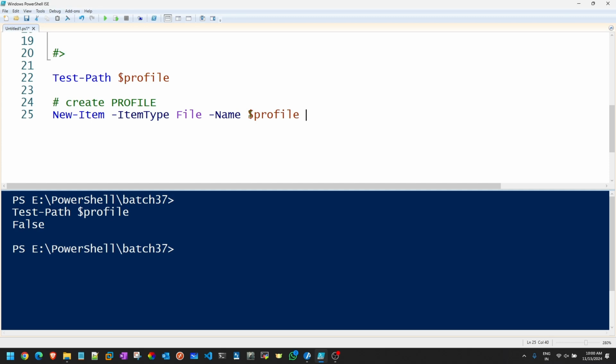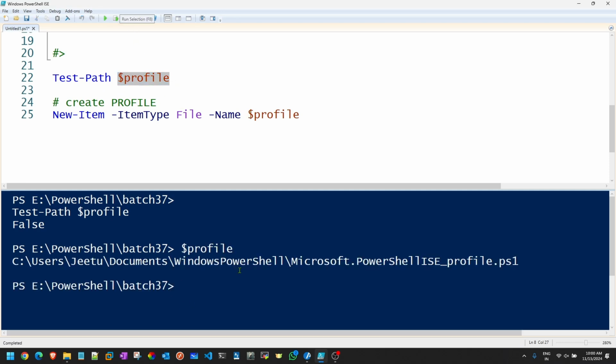But right now, if I do this, it will give me an error. For you, possibly it might give an error. Why? Look at the path. Check inside Documents. Do you have a folder called WindowsPowerShell? Check it quick. Now the problem is if I try running this particular command, for most of you it will fail. Why? Because you're targeting the file, but the main component, the folder itself, is missing.